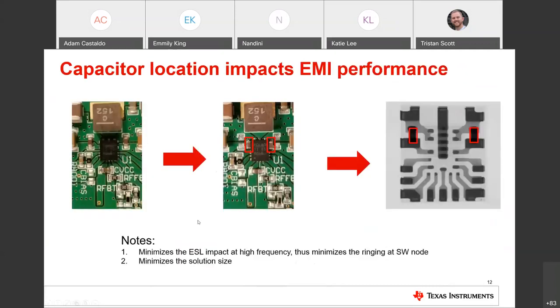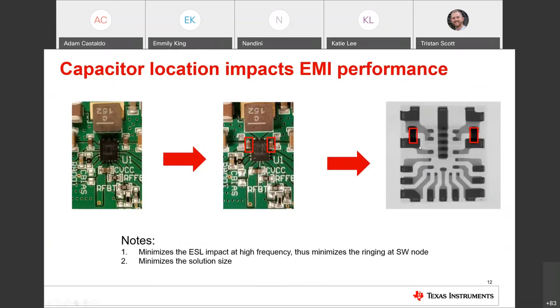And just quickly showing how the capacitor location impacts EMI performance. Because we're integrating it in the package, in the die, it really minimizes the ringing at the switch node. And as this graphic shows, from the first, you have a couple of millimeters in separation, which is going to do some job on the EMI performance of the ringing.